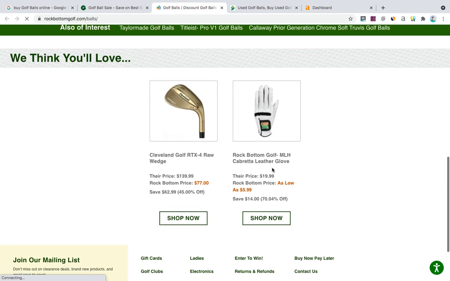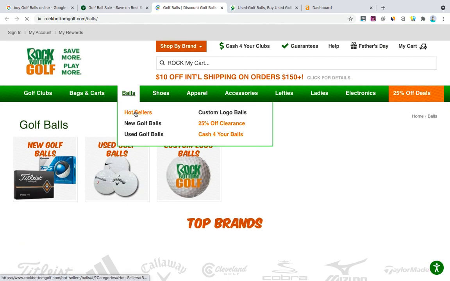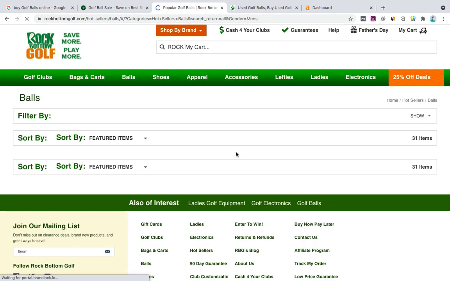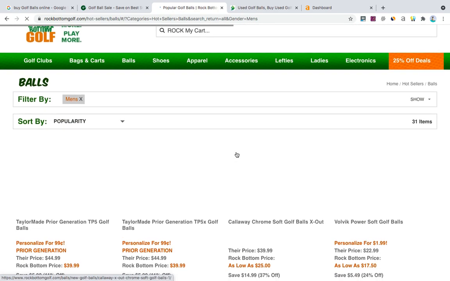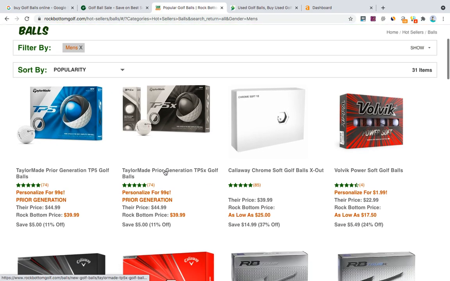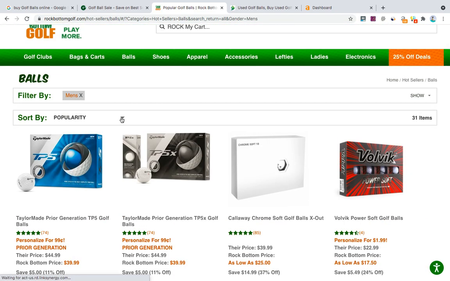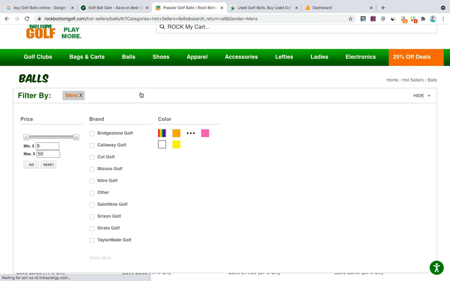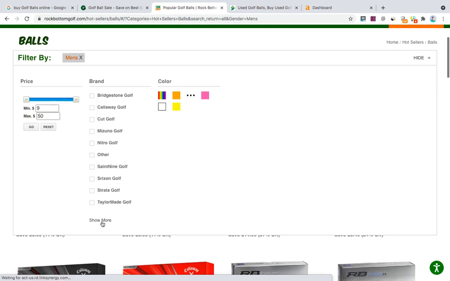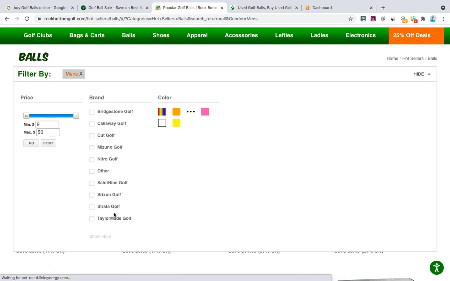Like here, hot sell, here we find more brands. So what we have to do is, I'm using a scraper Chrome extension.